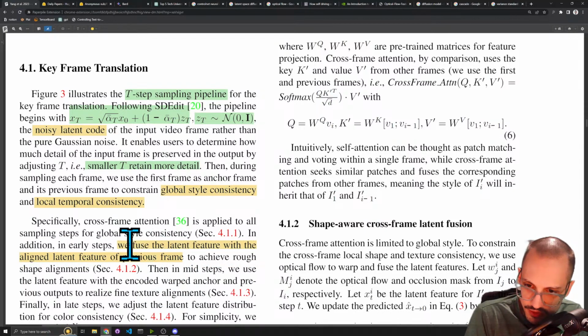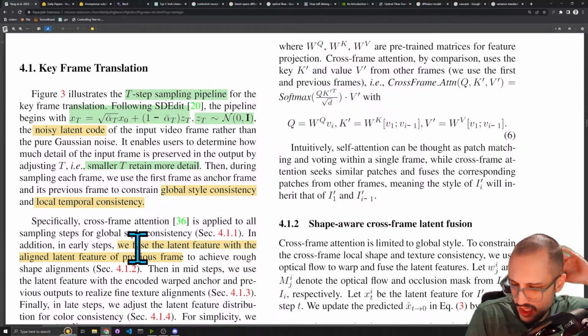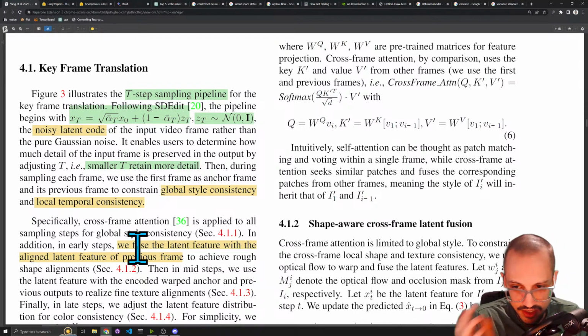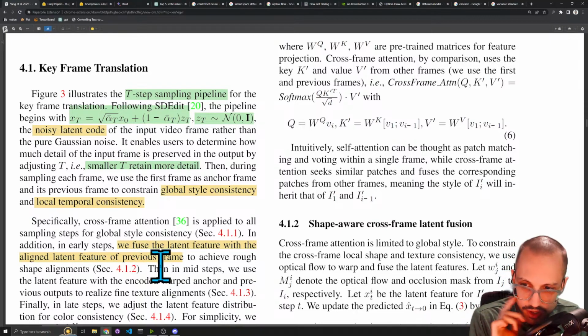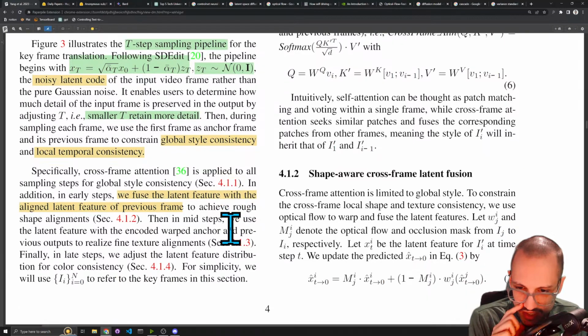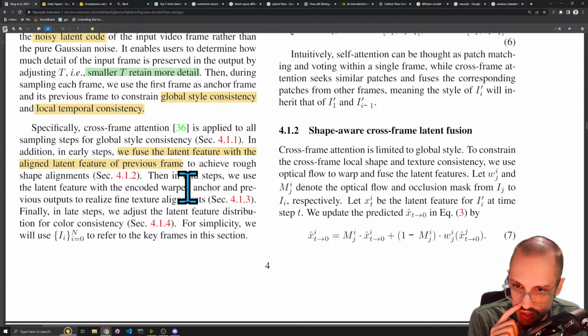So I don't know what fuse here means. There's a lot of different things that could mean. Maybe it just literally means they add them and then divide, so it's literally just an interpolation between the latent of the previous and the latent of the current frame. Fusing kind of implies some kind of concatenation,